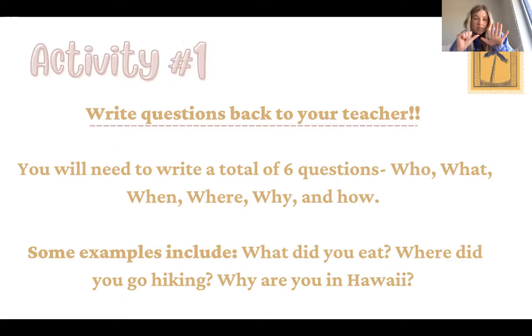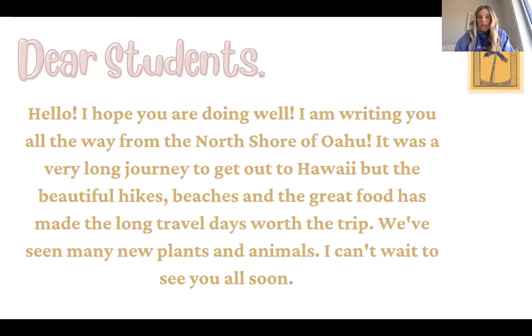And some examples of this could include, what did you eat? Where did you go hiking? Why are you in Hawaii? They may not use the examples that are provided on the board because there's lots of different examples that they could use. And I would leave this slide up for them, and they would have 15 minutes to write a